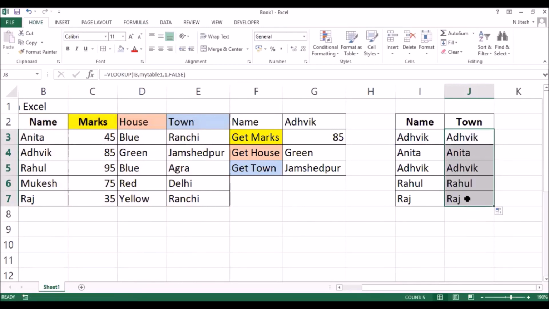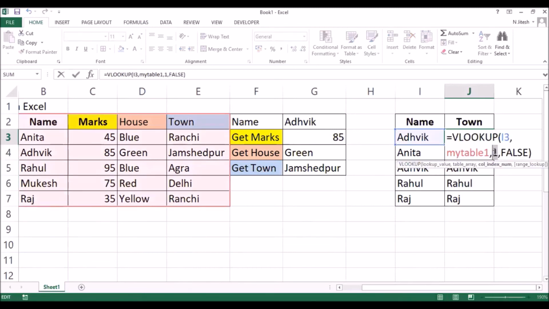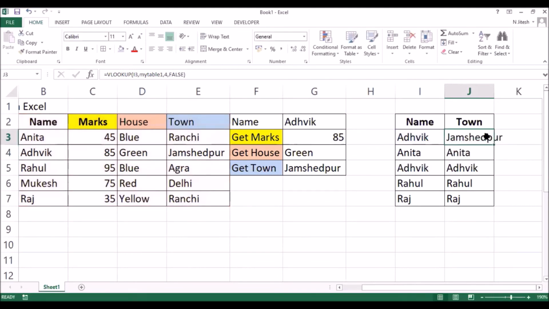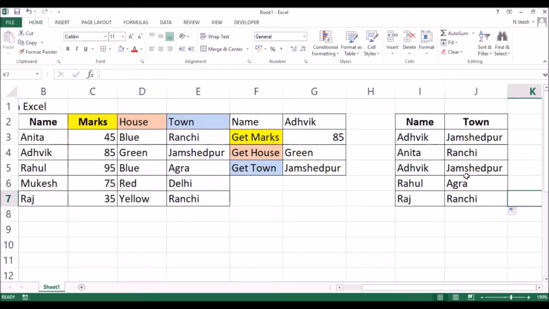You can see. So it's coming up nicely. Okay, it's picking the correct values. Now you can anytime go here, and since we need town, we'll change it with 4 here, and you can see if you now drag it, automatically the correct name will come here and it's picking the town properly.